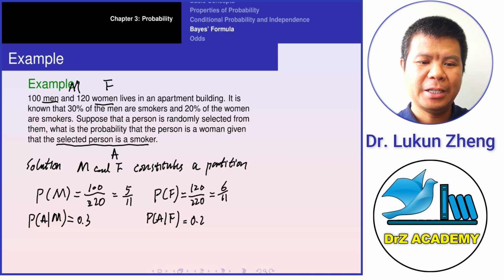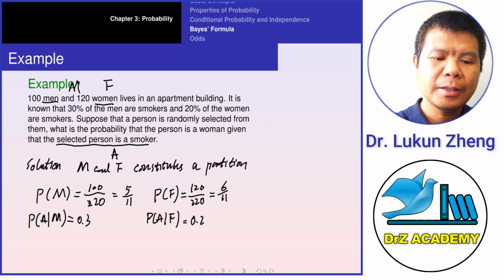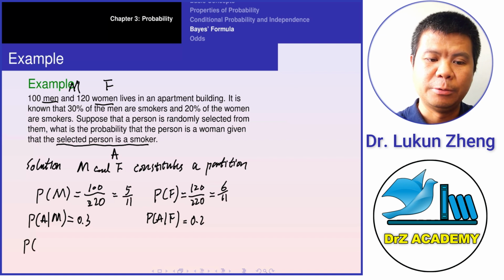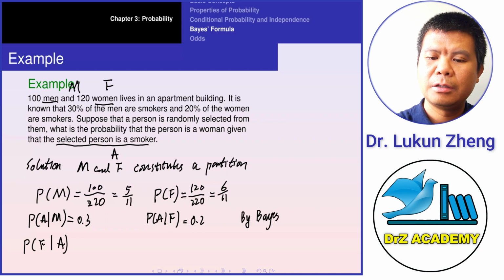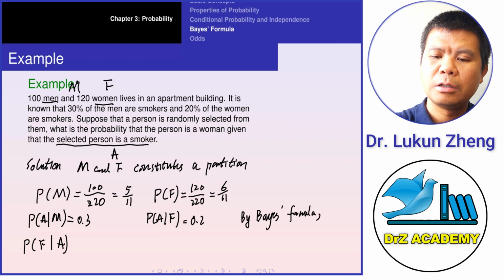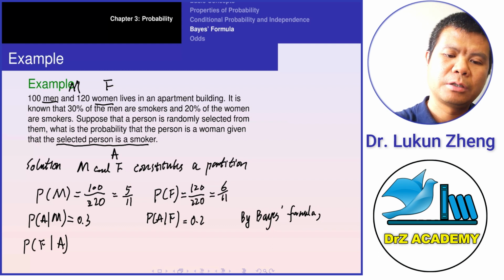Now what do we want to find? A woman, a female, given A. So by Bayes' theorem, by Bayes' formula, this equals